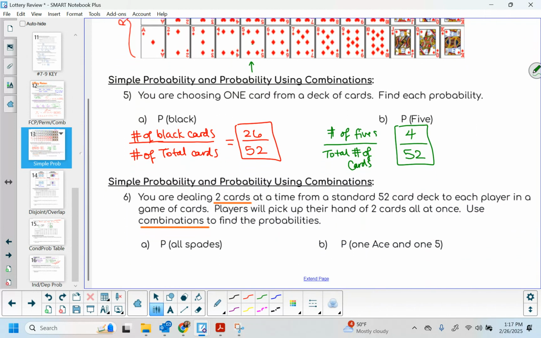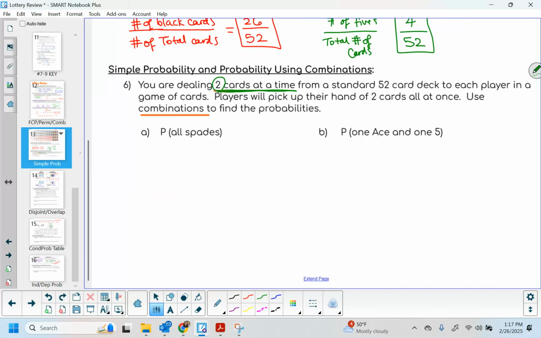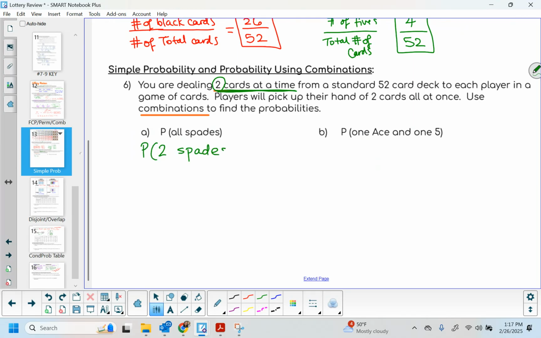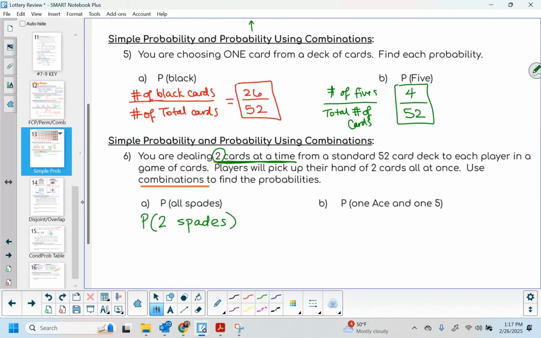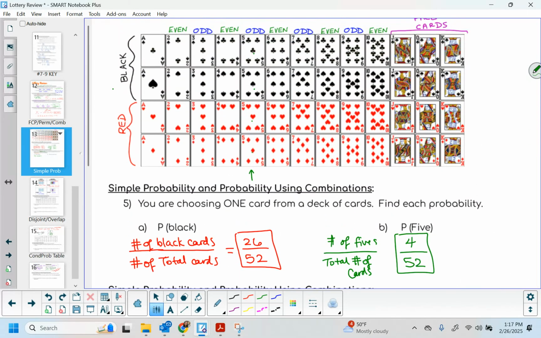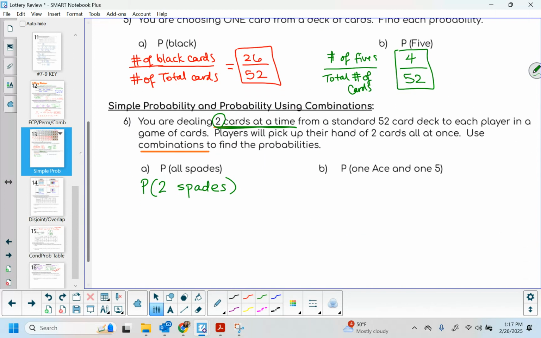Okay, but going on to number 6, it actually says use combinations because when I'm doing 2 cards at a time, it's more than just a simple fraction. So if I'm choosing 2 cards and it says probability that I will choose all spades, what that really means is what's the probability I will choose 2 spades because I'm choosing 2 cards. So how many spades are there? Here are the spades, and there are 13 of each suit. So from 13 cards, I am going to choose 2. That's the number of ways